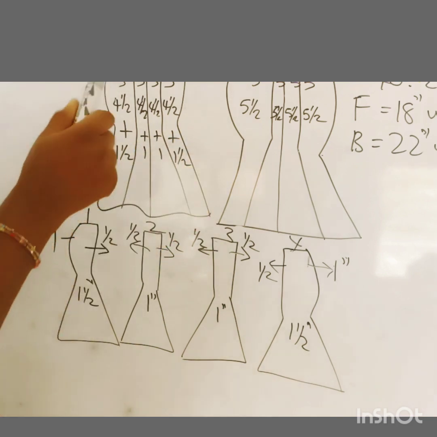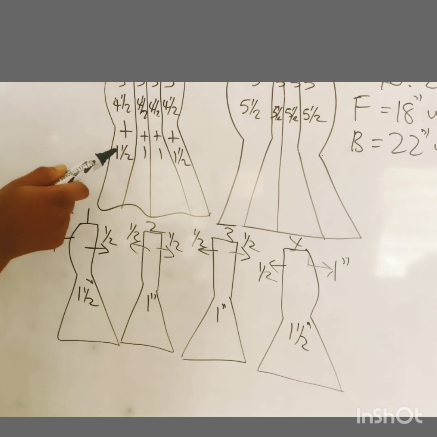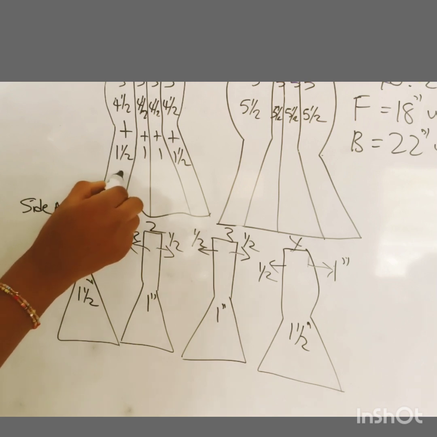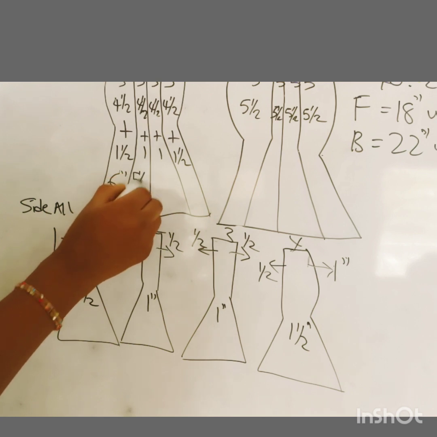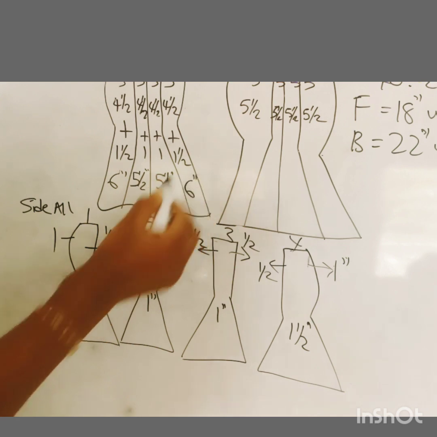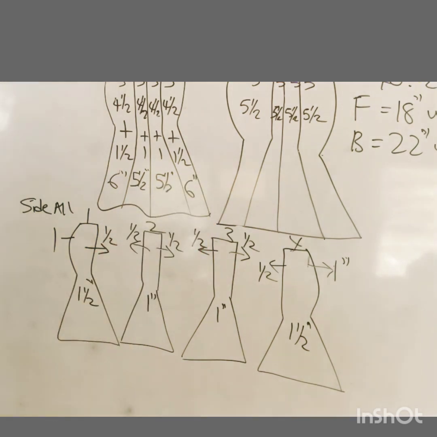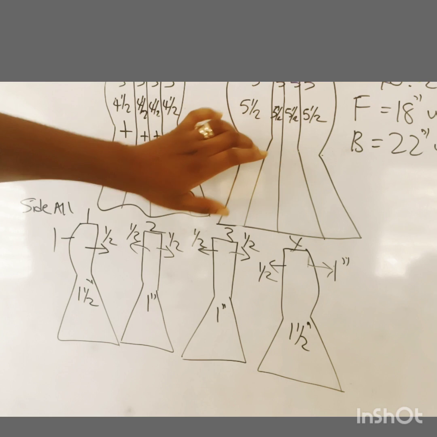So at the end of the day, for this front piece, if you add this together, 5, you are going to have 6 inches here. If you add this, you are going to have 5.5, 5.5, 6 inches. Okay, so that is what you are going to have here. But for the back piece,